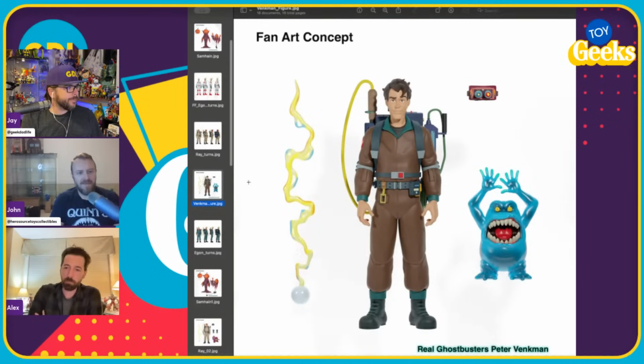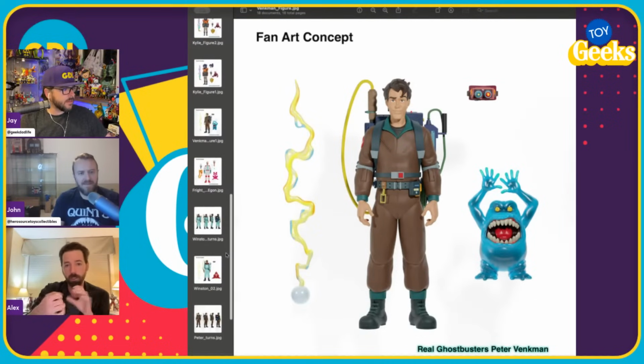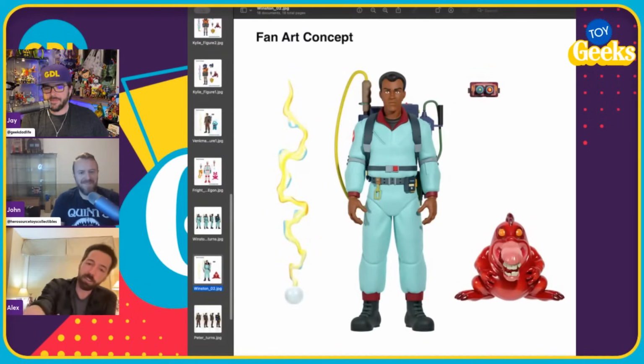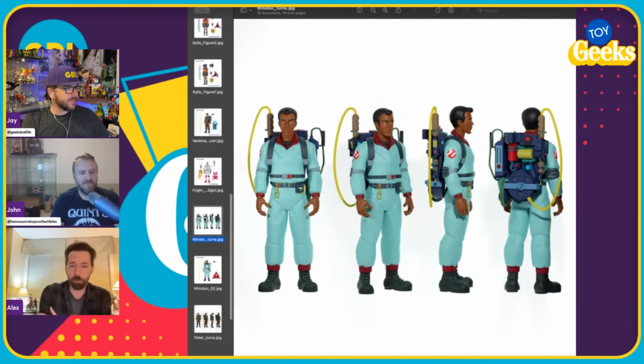A big part of the process is getting the range of movement. This is all just dream stuff, right? The articulation breaks, I've literally sculpted them in. They're not cut or anything. I only had so much time. I was doing these after my full-time work, so there are definitely some cut corners and stuff,